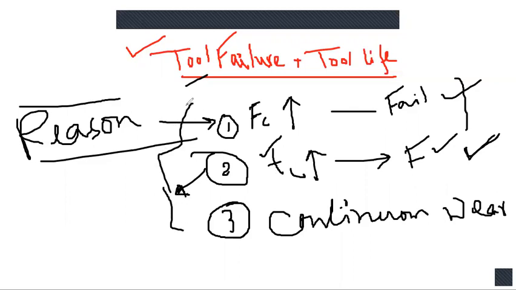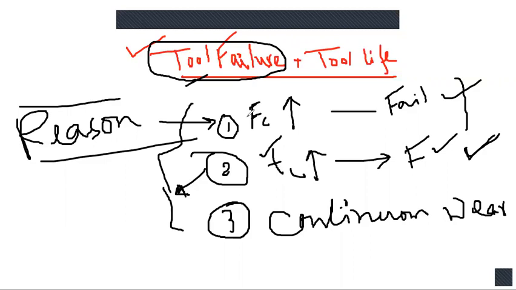Apart from that, there are several reasons of tool failure. Okay, tool geometry is also another aspect, because if we don't choose proper tool for proper work material, then tool become fail. Okay,